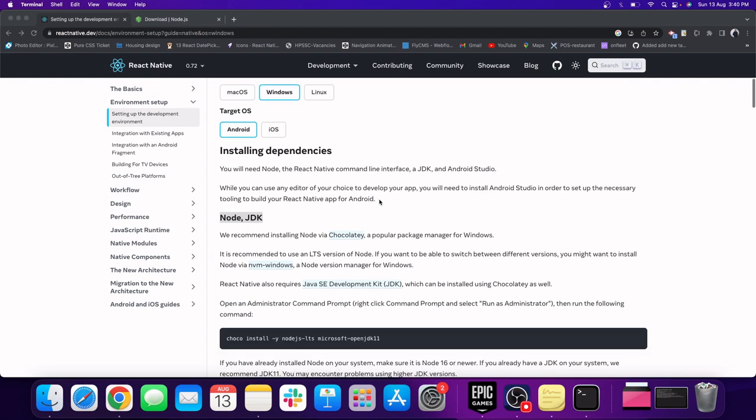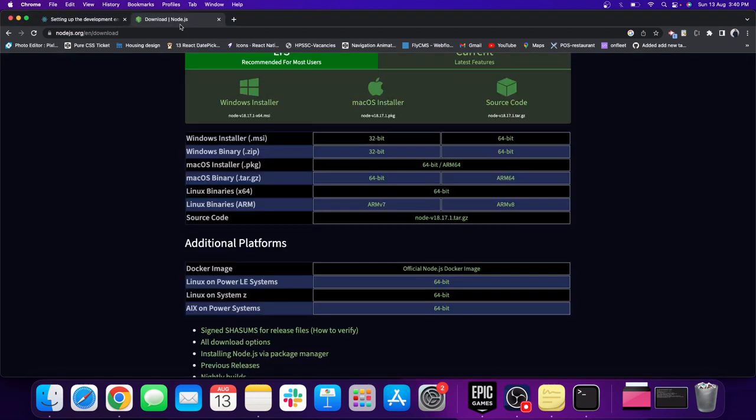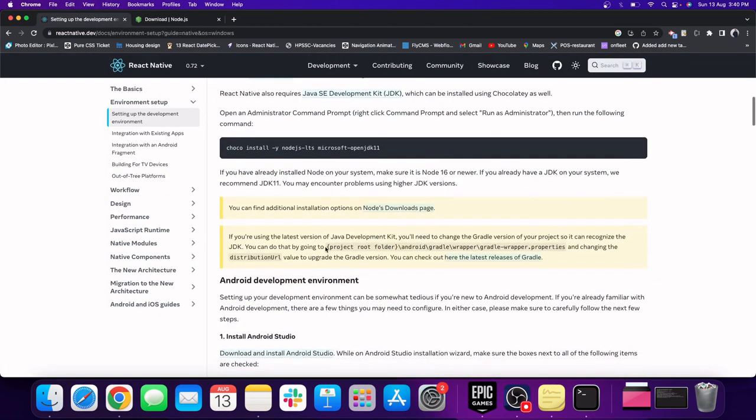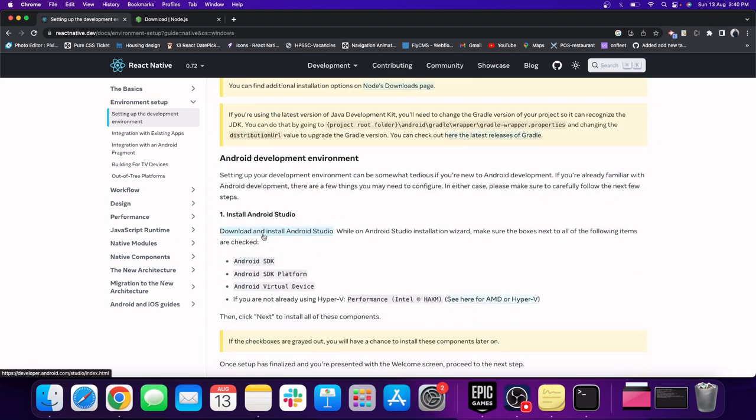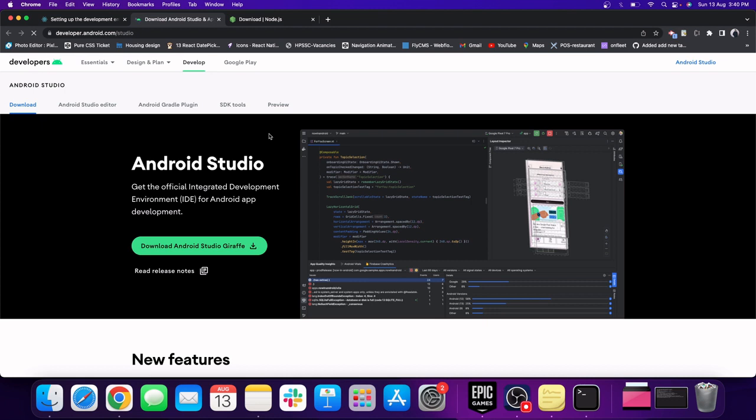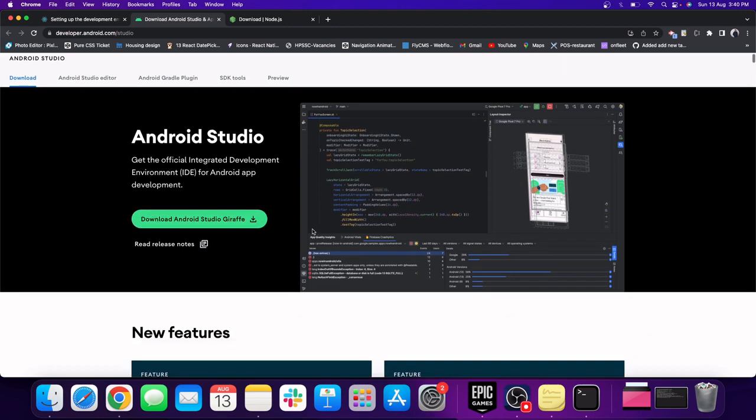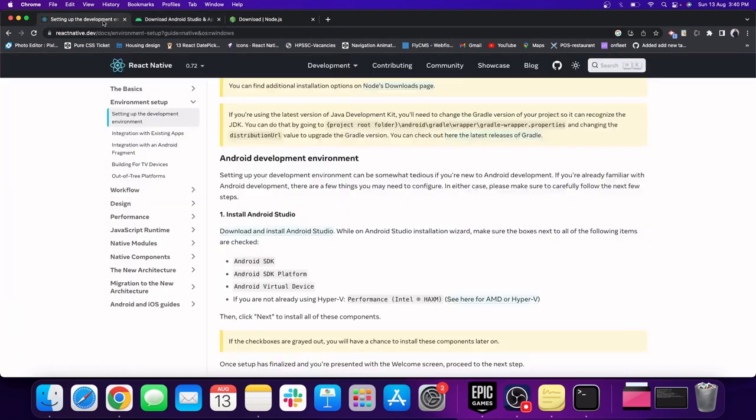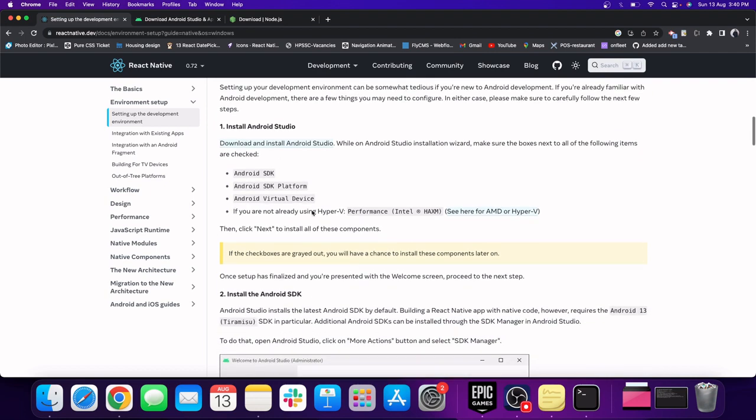Here we have Node installed, and the next thing is, as you go, you have to download and install Android Studio. Just click on that. It will take you to the official site of Android Studio. Just click on this and download it and install the setup. Here you can see the steps. If you have already installed it,